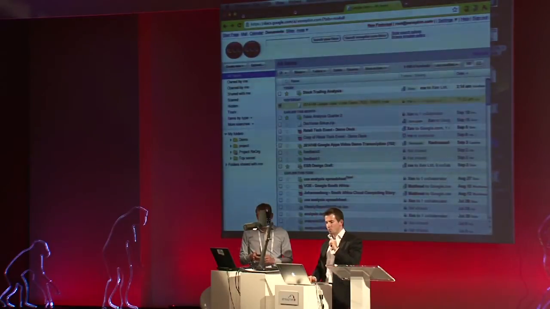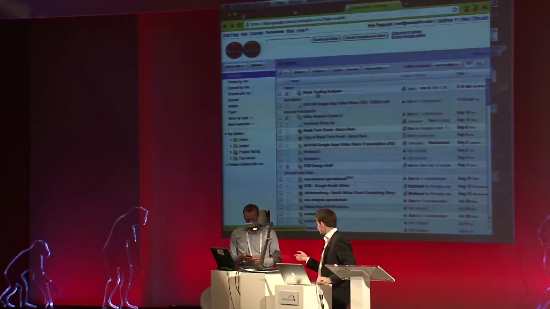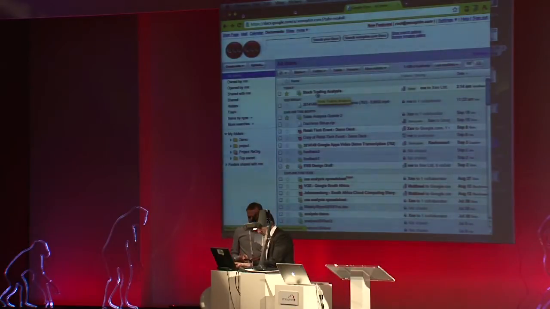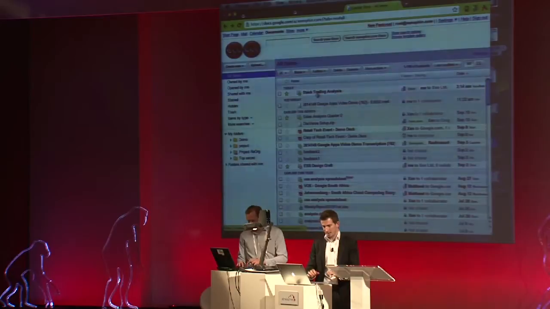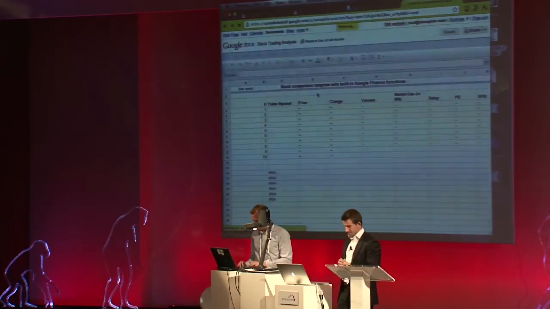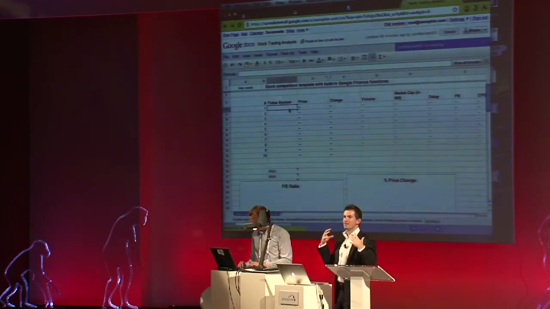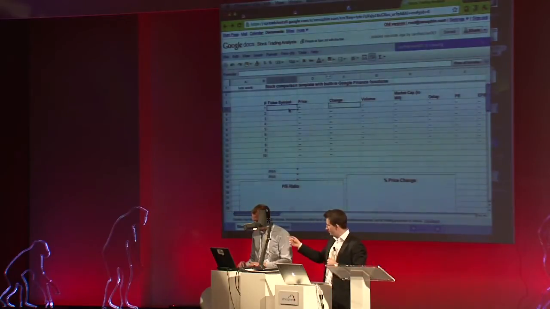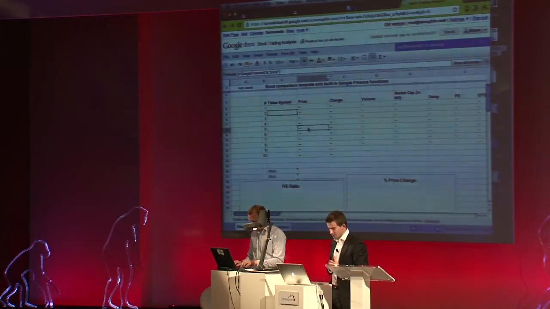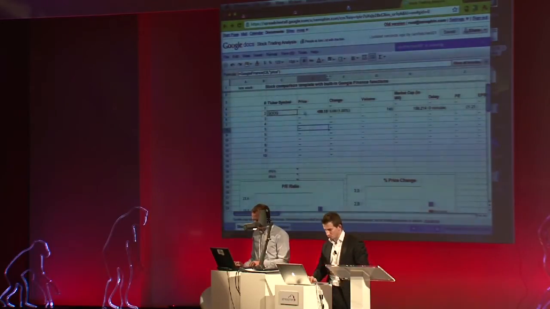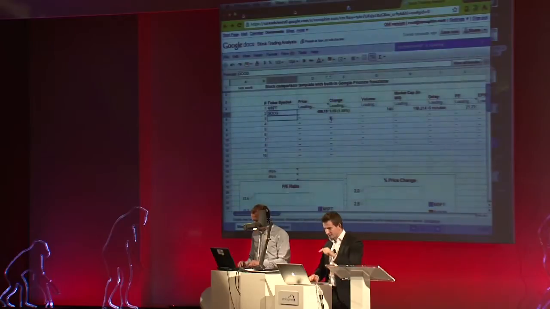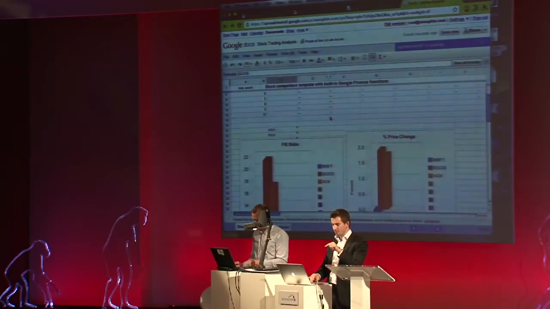Let's have a look at what these documents might look like if it was a Google document. I've gone and created a Google document on this side called a stock trading analysis. And this is authored in Google's document interface, so it's designed to be very collaborative so that multiple people can work on it. So Ian, the little green blob, is moving around on my spreadsheet, and he's putting in a ticker symbol, and he's got Goog. I'll go for MSFT, and you'll see it bringing in values real time from the cloud,